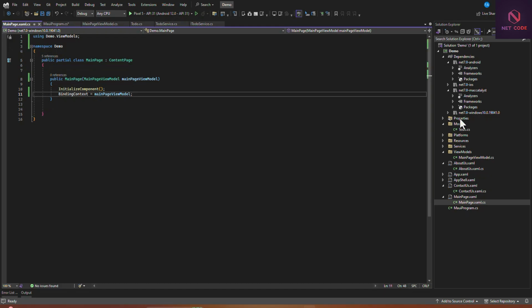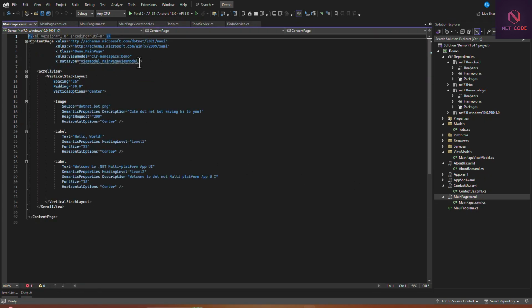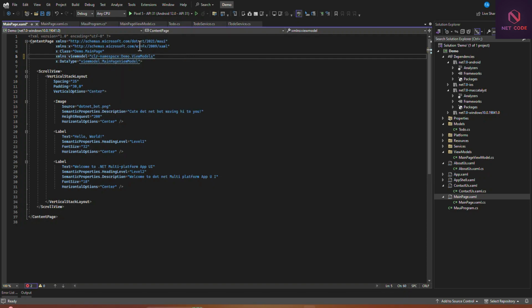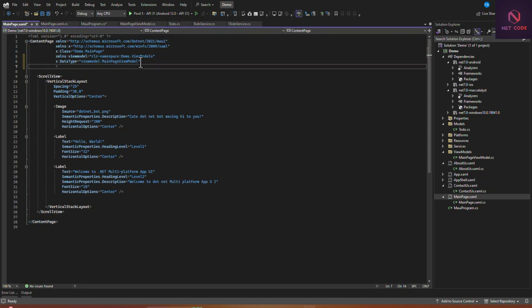We save that. So let's go to the main page itself, and now let's add the models and also the data type. So demo dot, we have to use ViewModels, and now we specify the data type here. Aside from that, let's specify the model. So xmlns, that's XAML namespace.